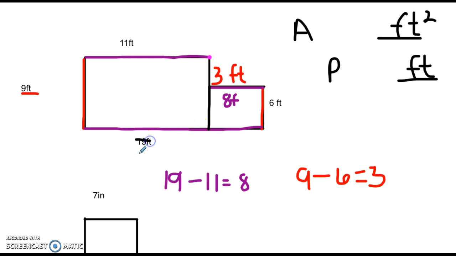I can take that off and I can put 11, and I could put the 8 feet down here, because remember that this whole big base is 19. So if I take 11 times 9, that is going to give me the area of this rectangle right here, which is 99,